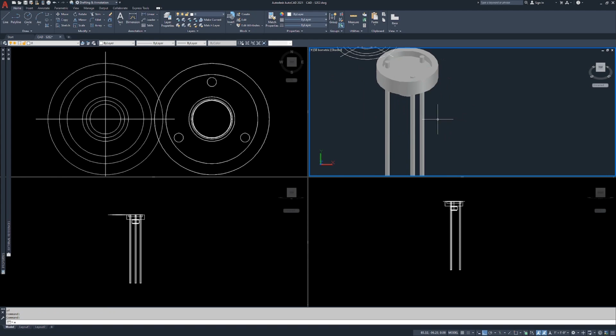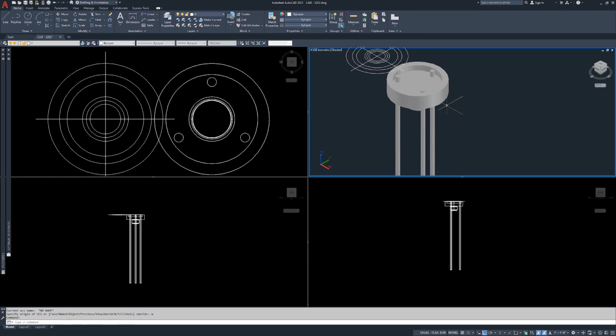If they weren't, we can use the move command. Actually, I need to type UCS W for world. That sets our UCS icon back to top, front, right side, southwest isometric. You notice after I hit world, this went back to Z is up, Y and X. We're going to use the move command. We're going to select the 3 cylinders. We're going to right click, and with ortho on, F8,